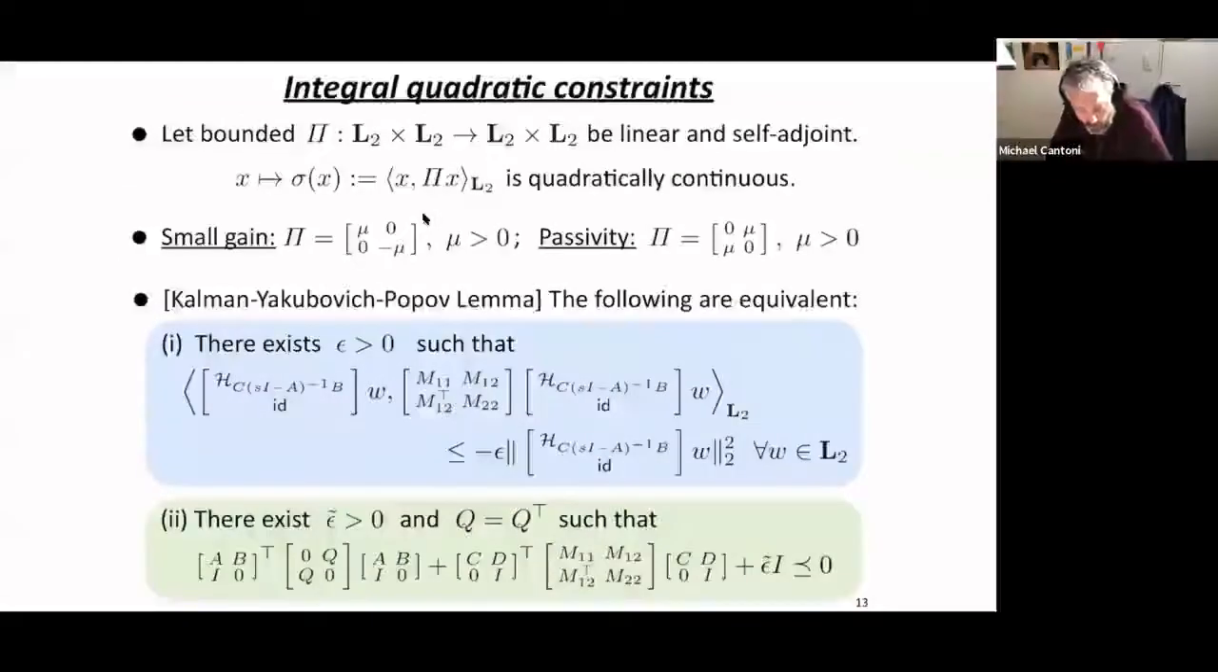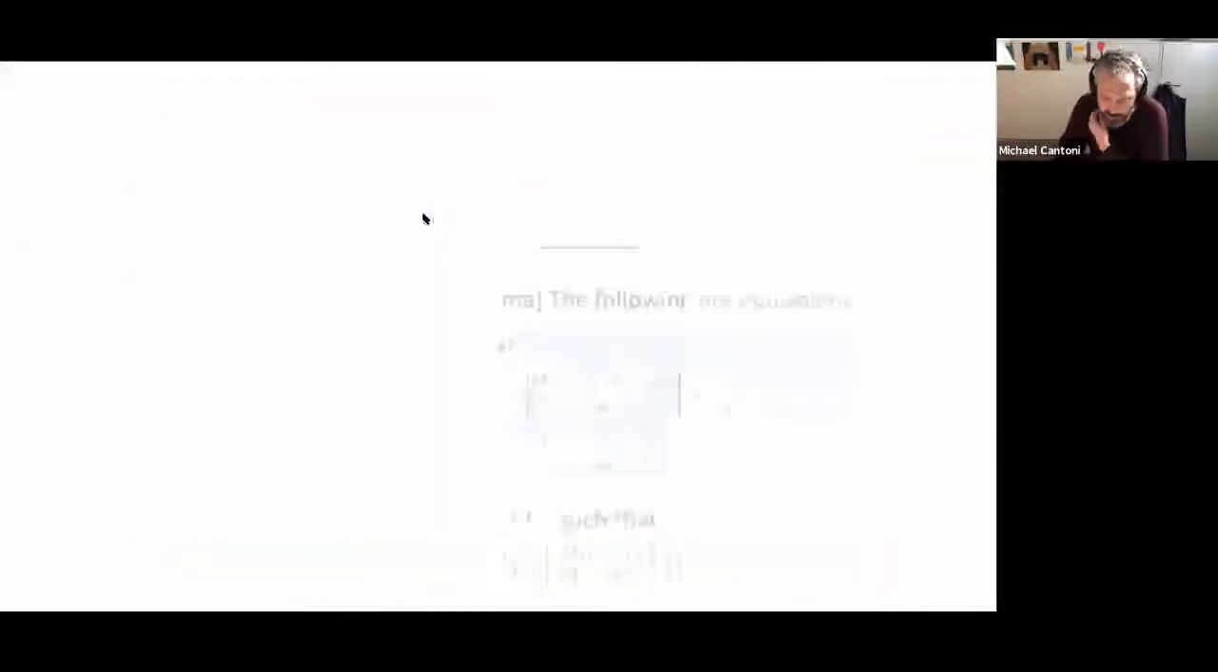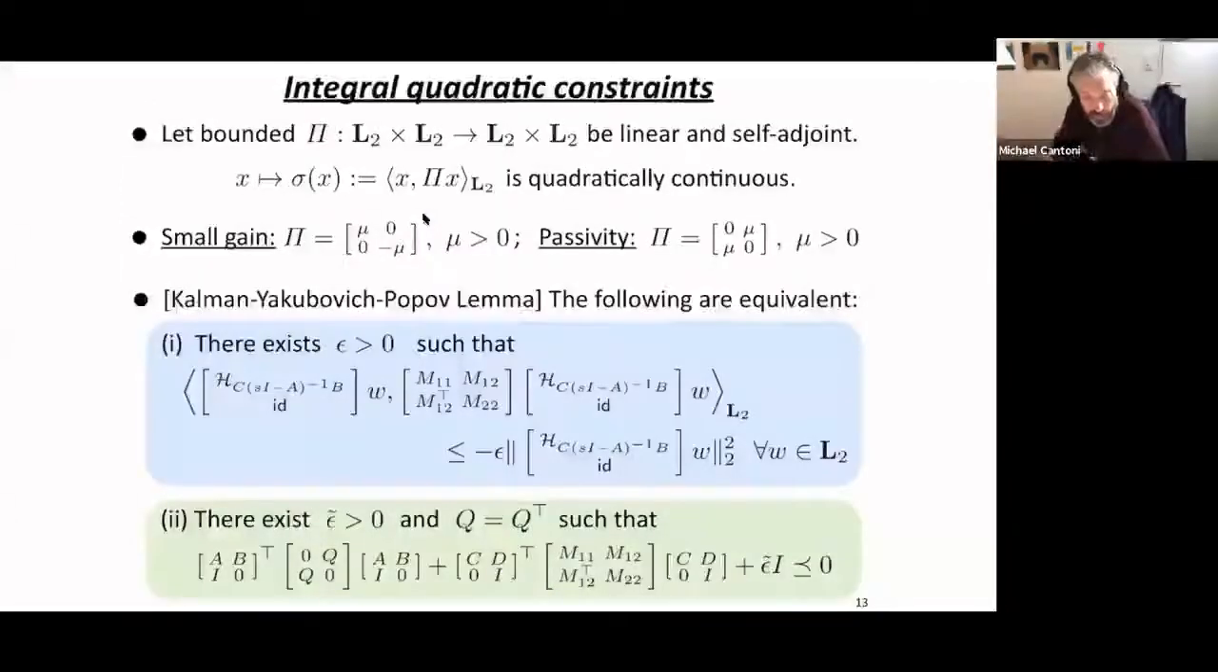All right, so it may not be clear to you up to this point why the term integral quadratic constraints is used, because the only property we've used so far is this one here. Now, how do we find such functions sigma? Well, if I've got a bounded linear self-adjoint operator pi, okay, and I form the function sigma in the way shown here, then it turns out